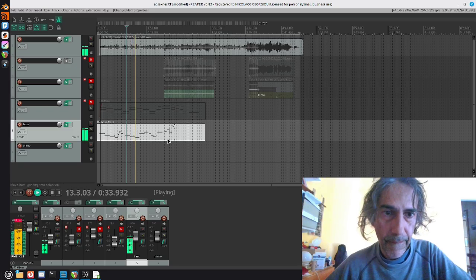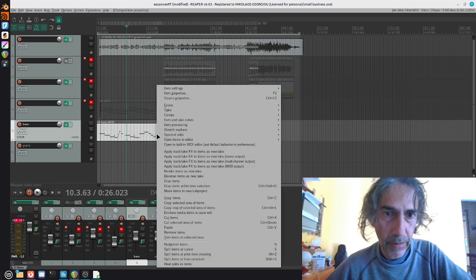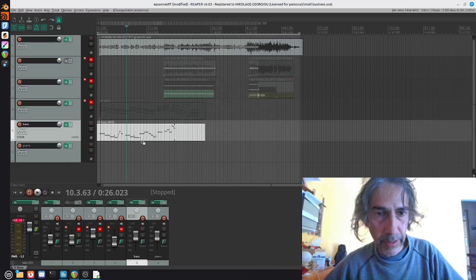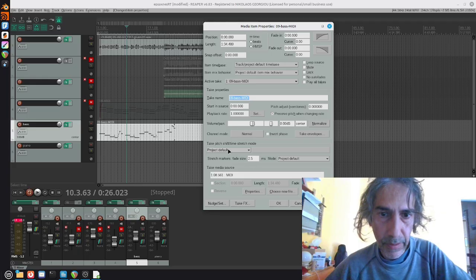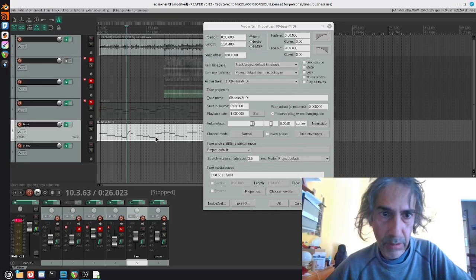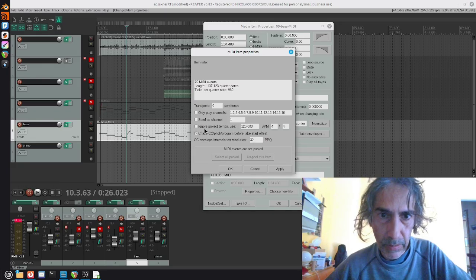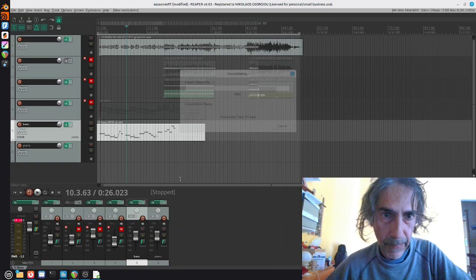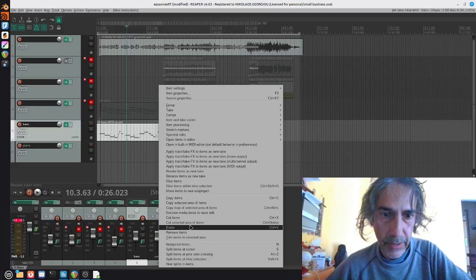Now, I suppose if you wanna make sure it's gonna stay that way, you can go ahead and right click on it and go glue items. Because if you hadn't done that, whenever you go to the take media source properties and change it back, it's gonna go back to that. But if you glue it and try to do that again,